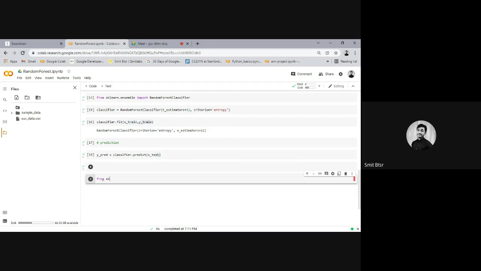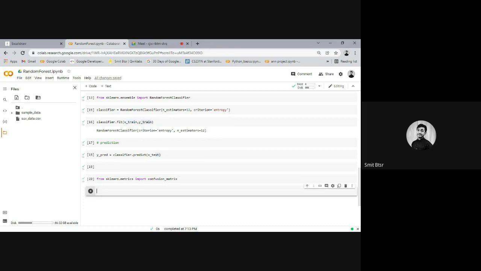So we will use that to evaluate and to see the performance of our model after training and testing. After training, sorry. So for that as well, we need to import something from scikit-learn dot metrics, sorry. Import confusion matrix. Confusion matrix, right? So we just imported it, and now we will create, let's say, confusion matrix CM.